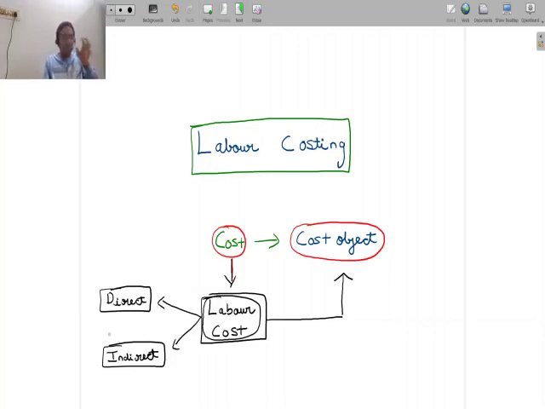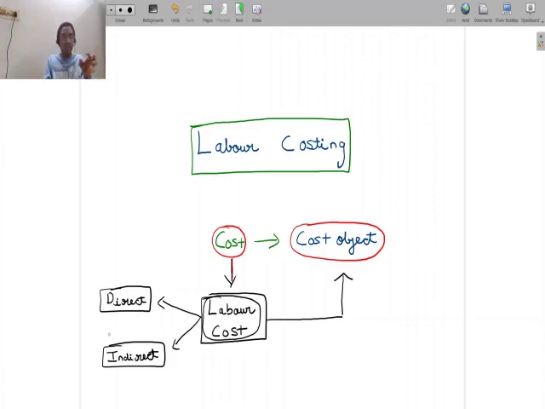But if I were to change the cost object, and let's say product A is getting manufactured in one factory. In that same factory, let's say there are 2 other products, product B and product C. 2 other products are getting manufactured. Now I want to find out what is the cost of operating the factory itself. So now my cost object is not a unit of product A or a unit of product B. It is the factory itself which is engaged in the manufacturing of A, B and C.